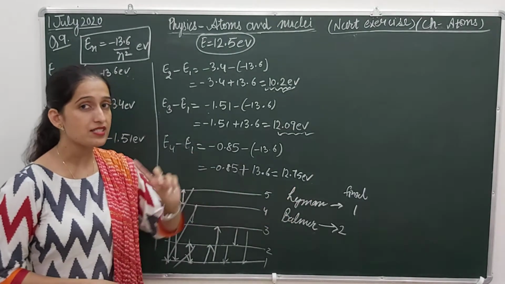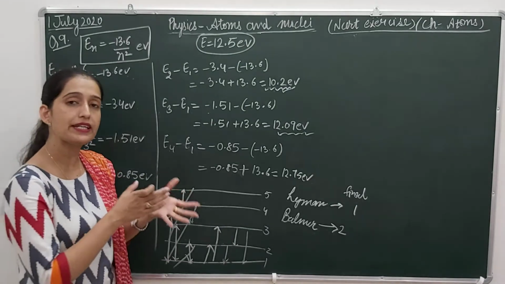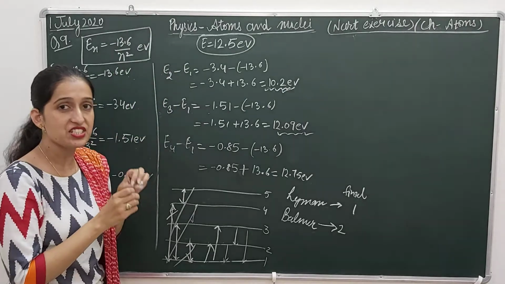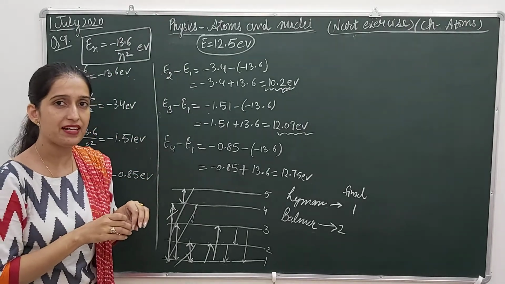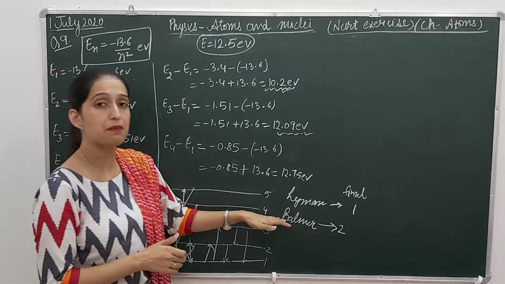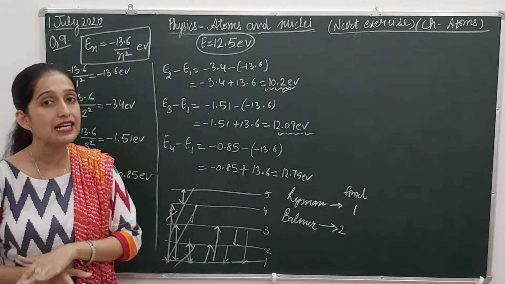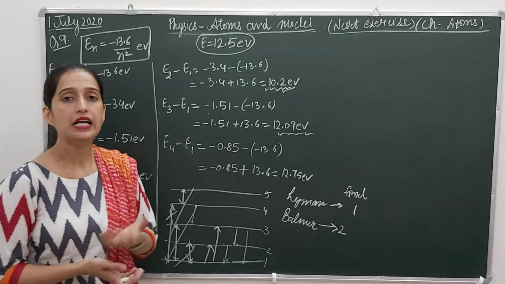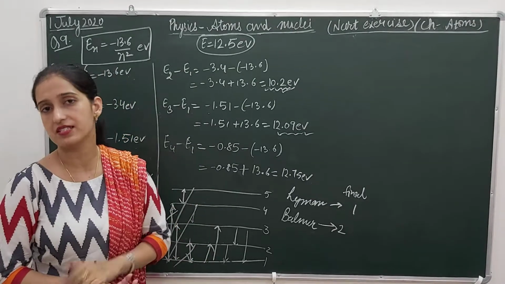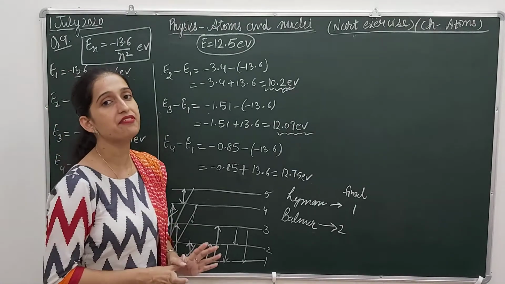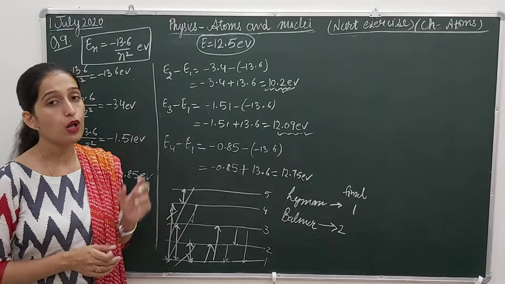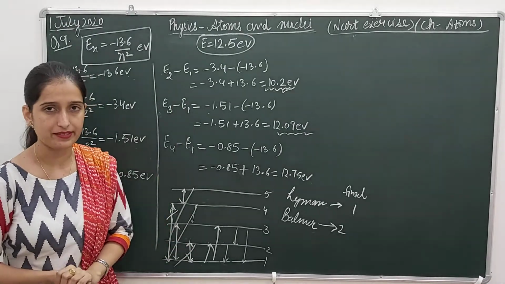This hydrogen spectrum we have already discussed in our theoretical concepts. From the excited level, if the electron finally reaches the first energy level, it belongs to the Lyman series. If it reaches the second level, it belongs to the Balmer series. If it reaches the third level, it belongs to the Paschen series. If it reaches the fourth level, it is the Brackett series, and for the fifth one it is the Pfund series. This in detail we have discussed in our theoretical classes. You can revise your topics from the playlist. All the topics of the chapter Atoms are available there.